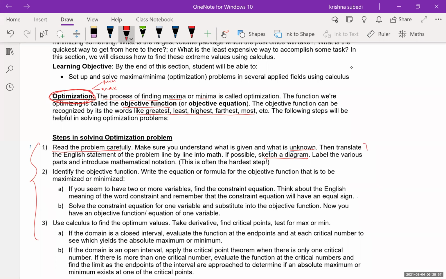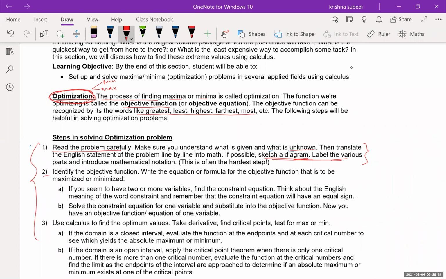And this step, I believe, is the hardest step. In my experience, students find it difficult to translate, to change English language into mathematical language. In other words, figuring out the mathematical model is kind of the hardest step for most people. And once you come up with the functions or equation, then what you need to do is,